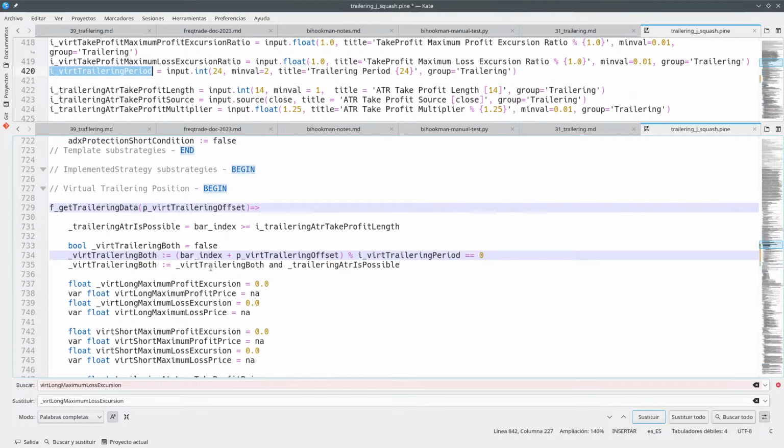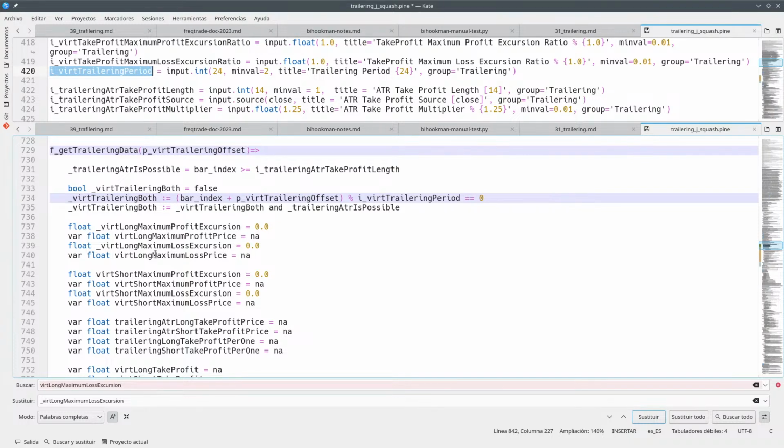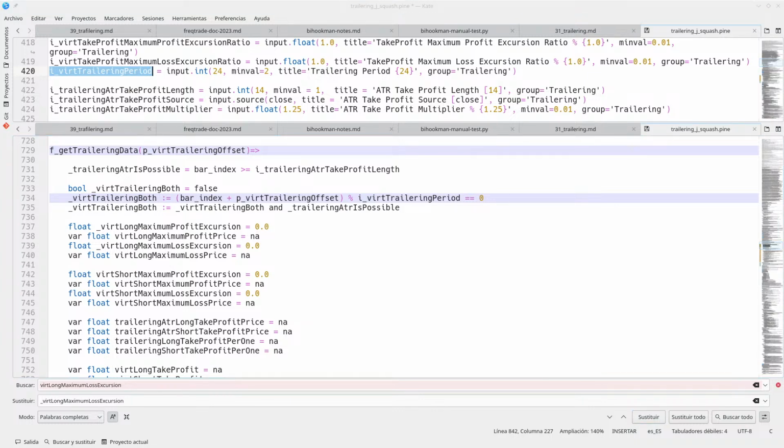There's a Visual Studio plugin for PineScript if you want. That way I can push the code to GitHub easily, because I am saving it directly into my computer, and I also have Git locally,